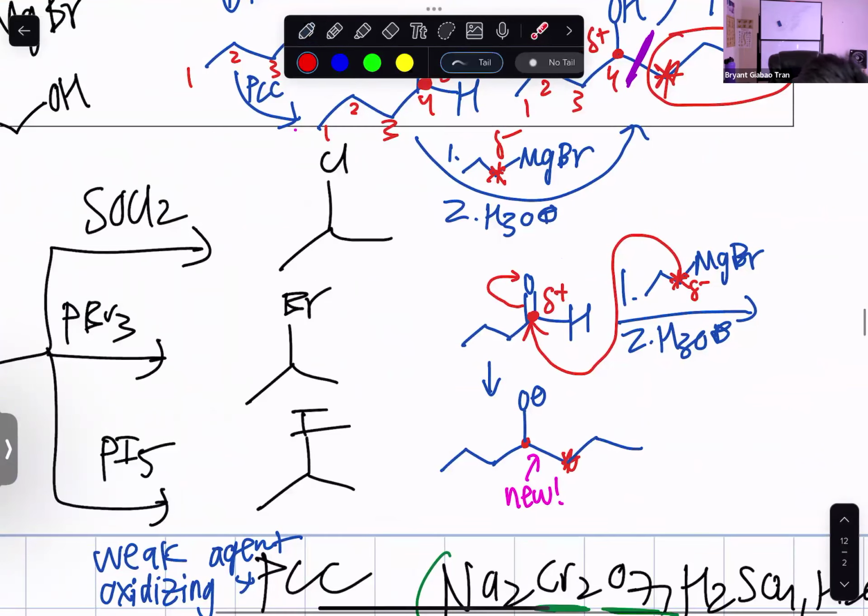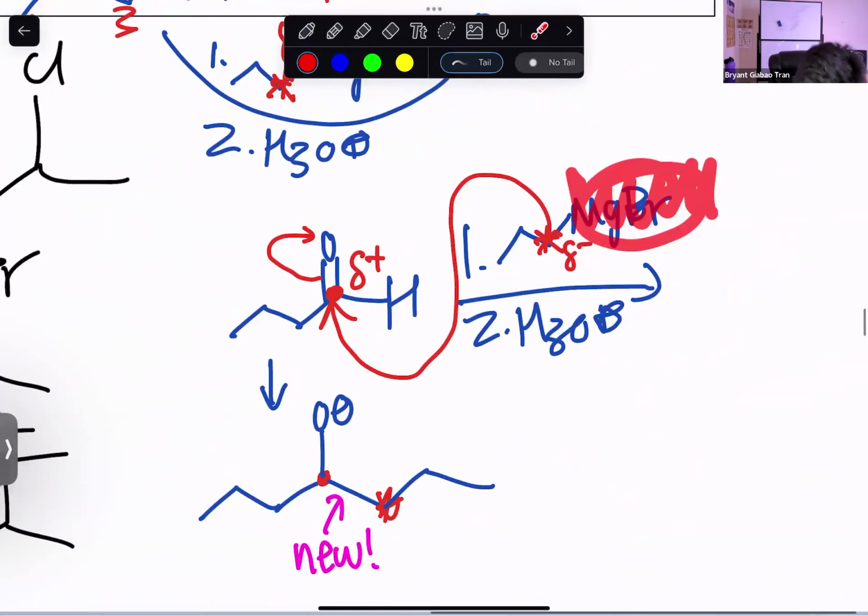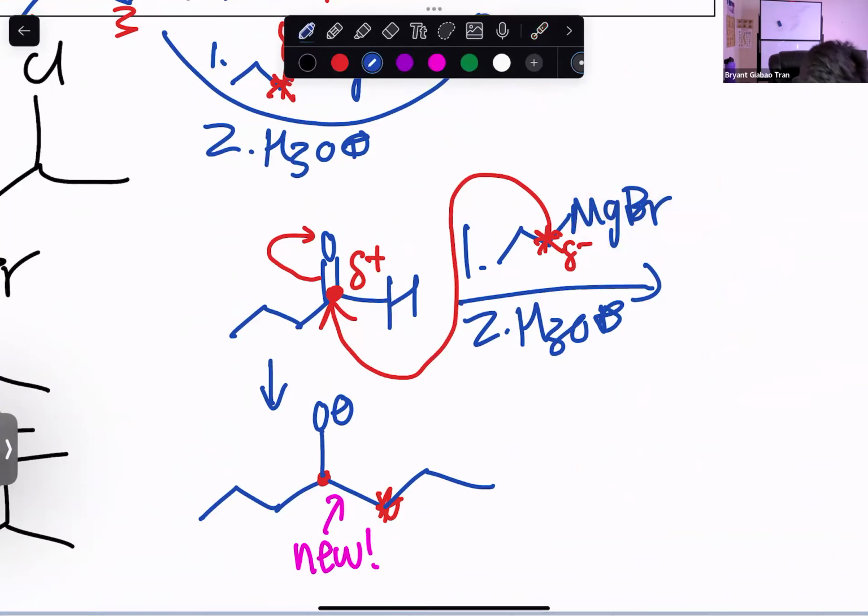1, 2. The magnesium, just think of it as dissolving away in the mechanism, right? So that's the first step. Now the second step, acid workup. It could be H3O plus, it could be H2SO4, it could be HCl, any kind of acid is going to protonate this O minus. O minus will attack that H, and the bond between H and O will kick out the water and give us, well,